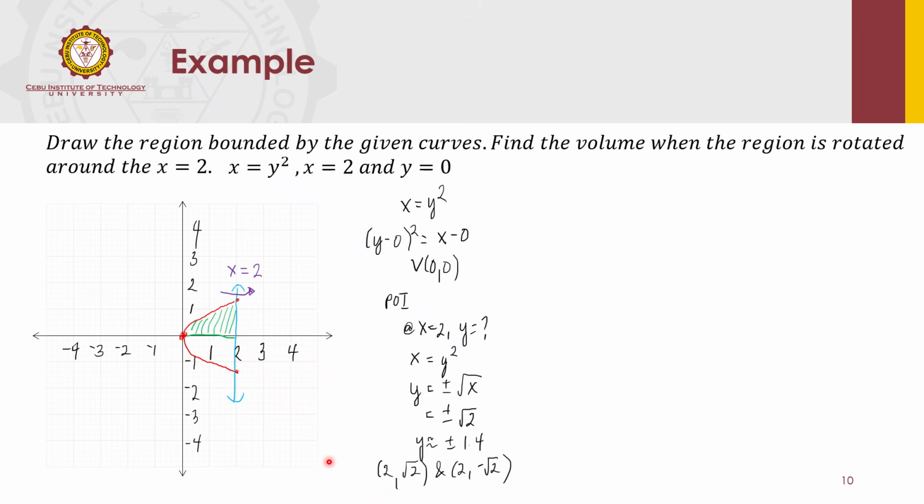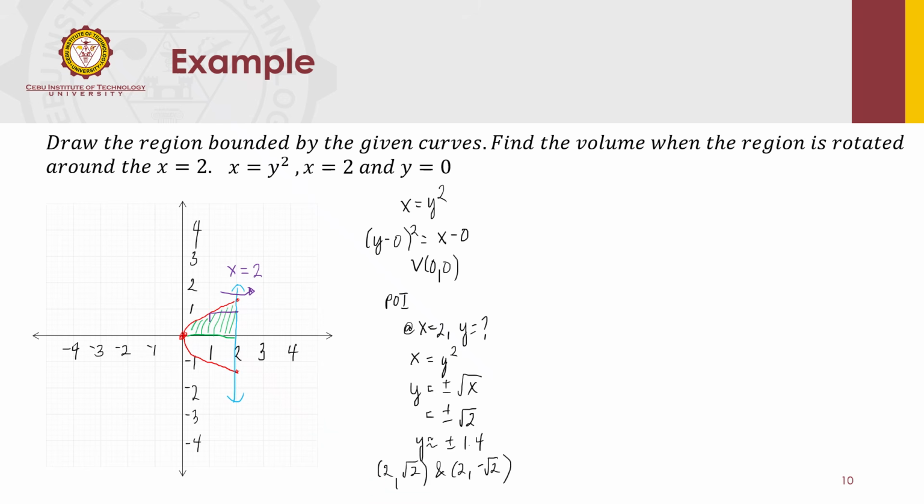All right, so we're going to draw a vertical strip or horizontal strip. Take note that for a circular disc, the strip must be perpendicular with the axis of rotation. Since the axis of rotation is vertical, our strip must be horizontal. Wait, I cannot see the tip of the pen, so replace it.